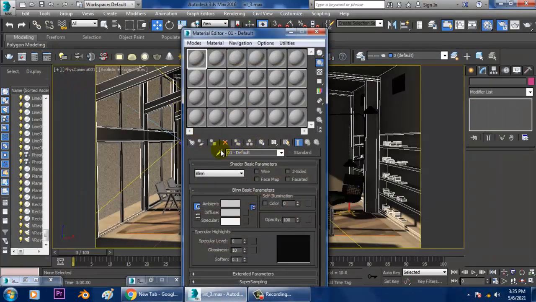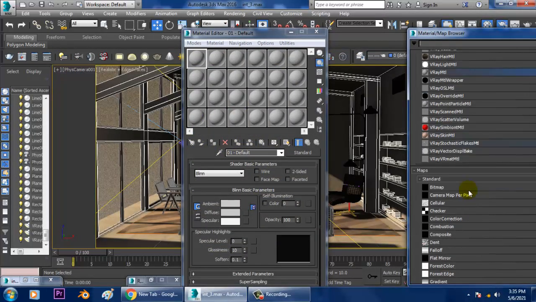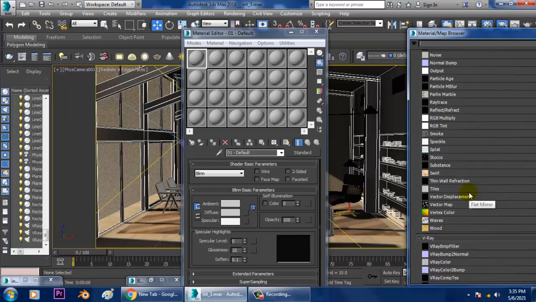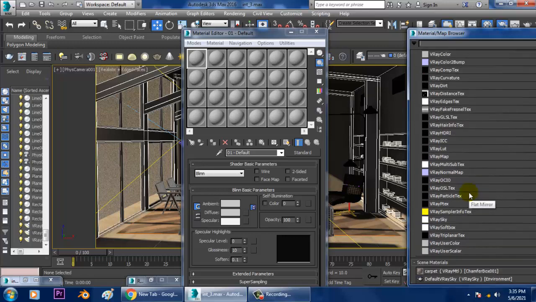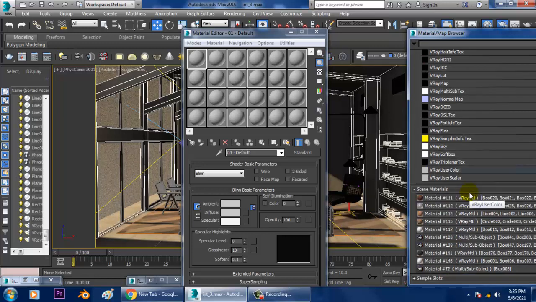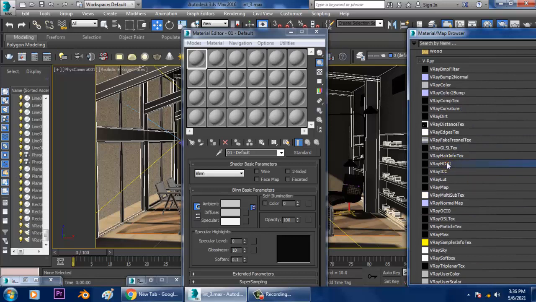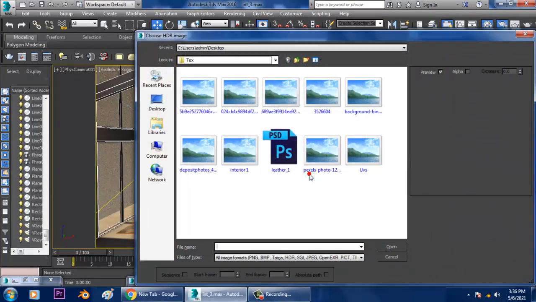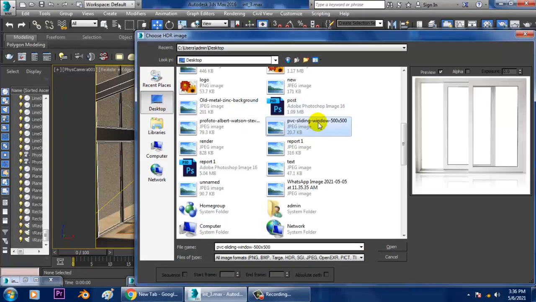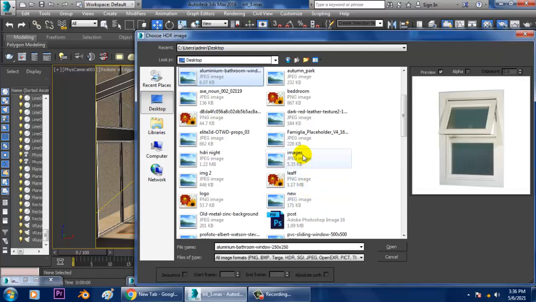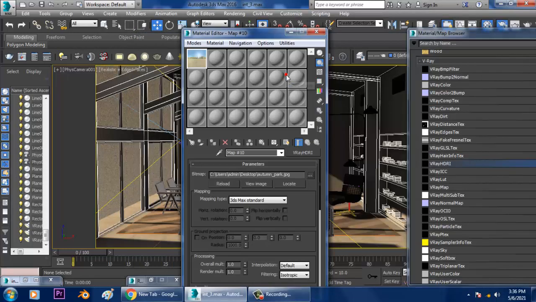I can go over here and I'll take a V-Ray HDRI. Call this map and make it as spherical over here.